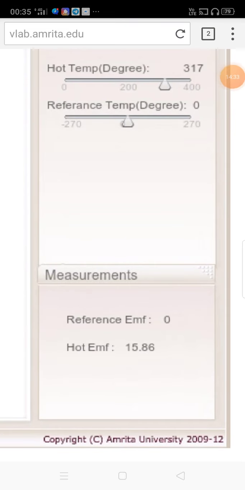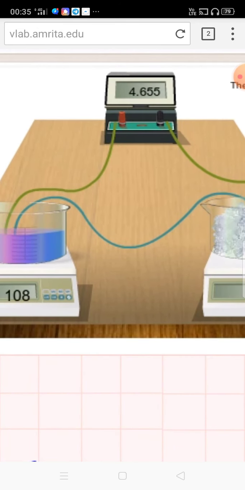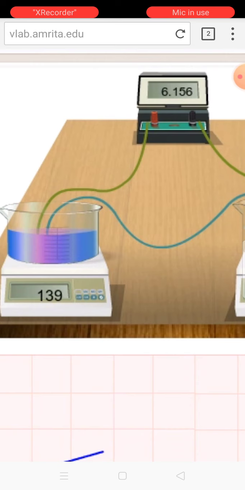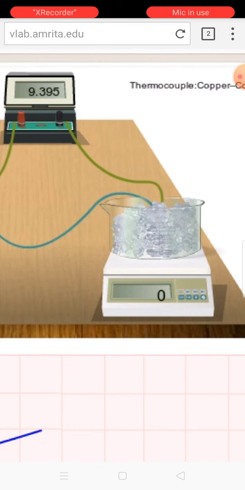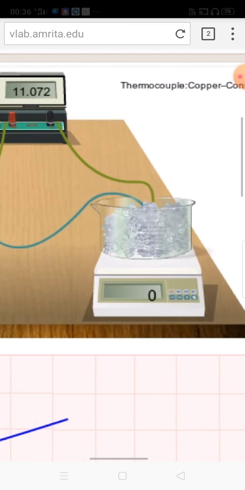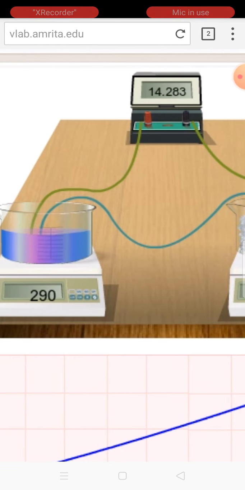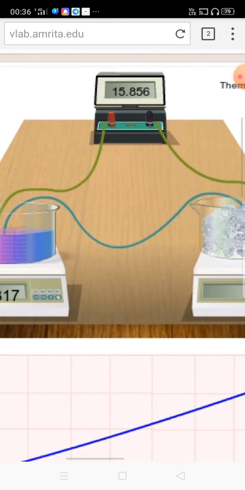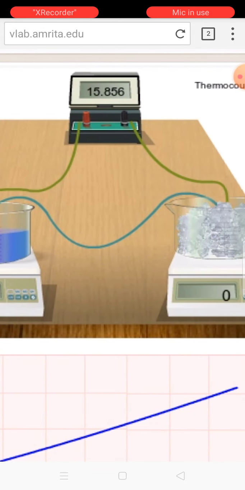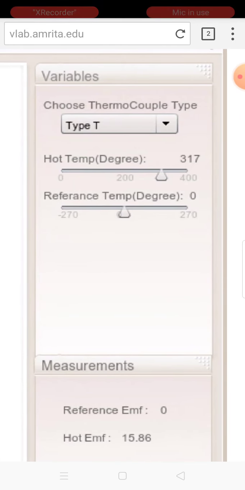See, the value is now about 317, but it is showing nothing because it is changing. As long as it is moving, the higher temperature voltage is changing, the lower temperature is fixed, and you will see it get fixed at a time. It is changing, but it will stop. It is 273 to 90, then, where I selected that 317. So it is showing 317 on the hot junction, and here the voltage is 15.856, rounded to 15.86. So you got your result.